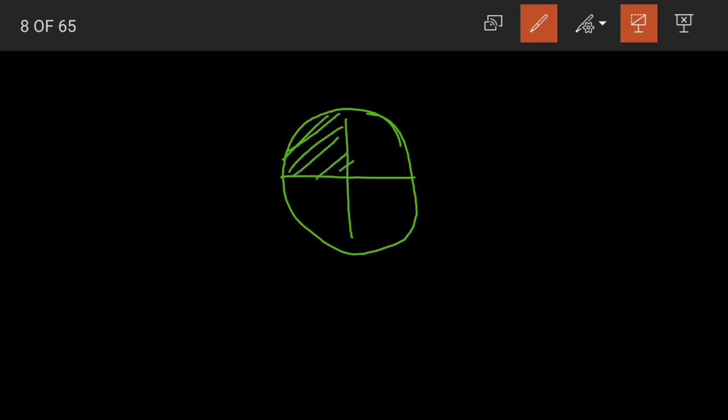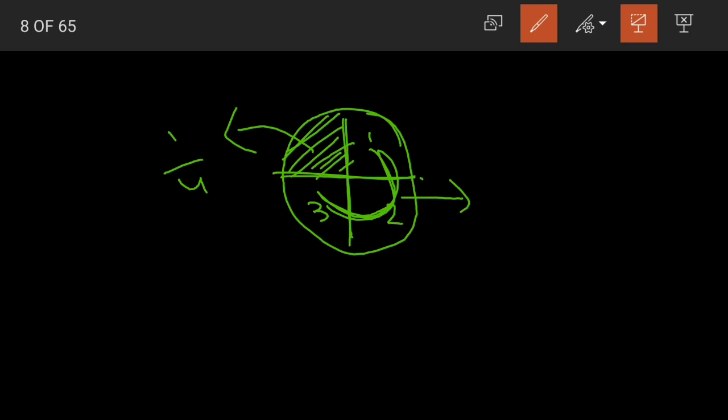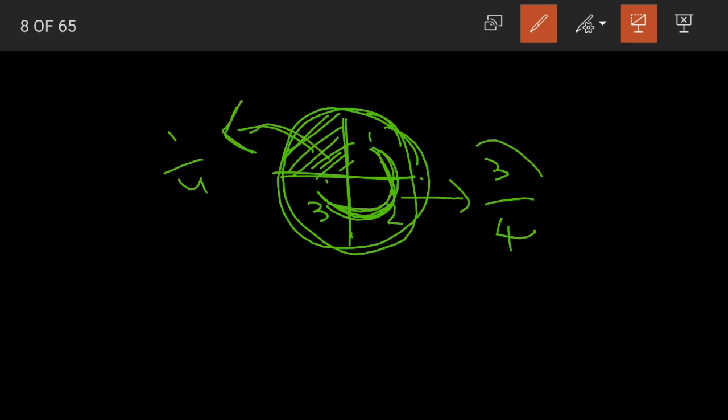Again, there are 2 ways to solve the question. First, you can take a figure and then divide it into 4 parts. Yes, if I take out 1/4, how many parts are remaining, children? What is the fraction of the remaining part? We have 1, 2, 3 divided by 4. That is the total number of parts. So if I take out 1/4, I will be remaining with 3/4. This is how you solve using the diagram.